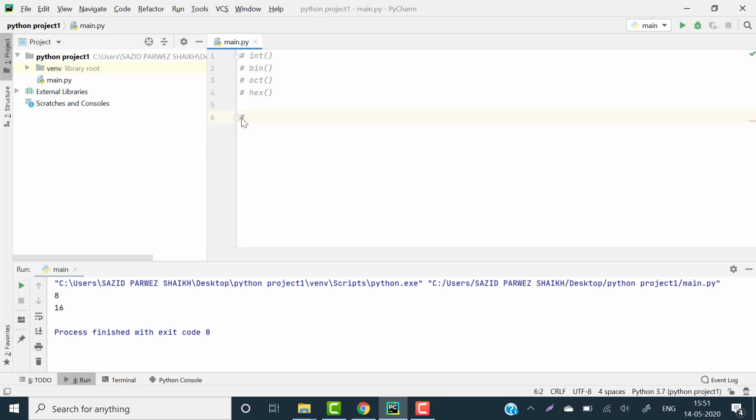Now we will try to convert hexadecimal to integer. We know the prefix is 0x. Either x will be lowercase or uppercase.